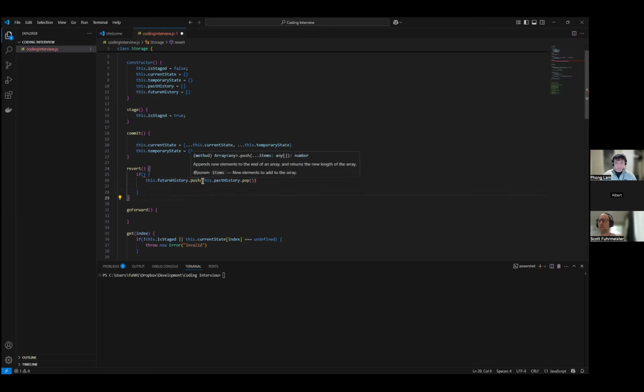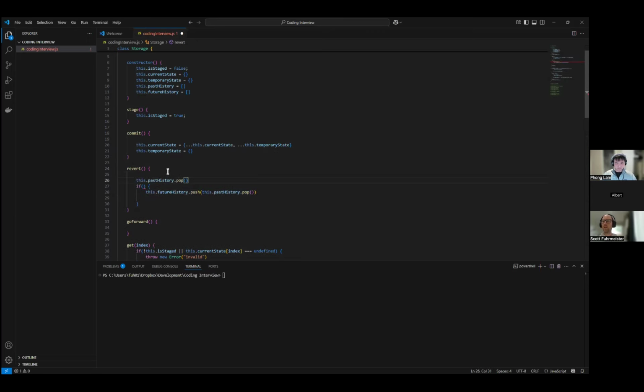So we'll just take the element out. We'll say the last state is equal to that. But we have to check the size. Actually, it's probably easier, I can just check the size of the past history. Yeah, you can do that, or you can just check if the last state is undefined too, in JavaScript. I guess it will just push back an undefined. So it's the same sort of check, is greater than 0.